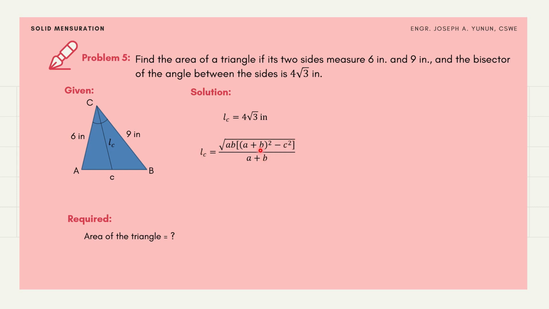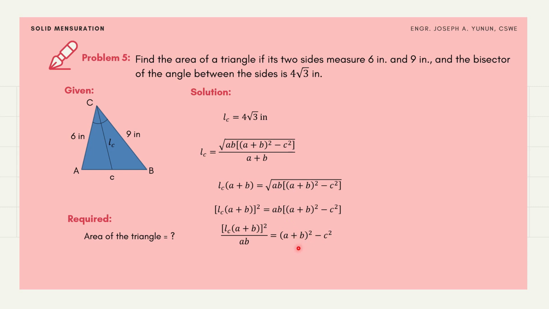So multiply both sides by A plus B, and then square both sides probably. Okay, so I square both sides to eliminate the radical sign here. And then divide both sides by the product AB to arrive at this equation, and then simplify the equation. So I could add C square on both sides, and then I could subtract this one. Then simplifying, arrive at this given